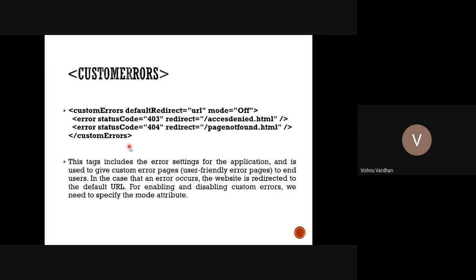Even you can see this on Amazon.com and other popular websites also. Suppose you are searching for a product which was there a few months back, but nowadays it is not available. When you directly click on that landing page, because you have bookmarked that, the product is not available now. If you are clicking on that, and that particular page is not available, what it will do, the Amazon.com